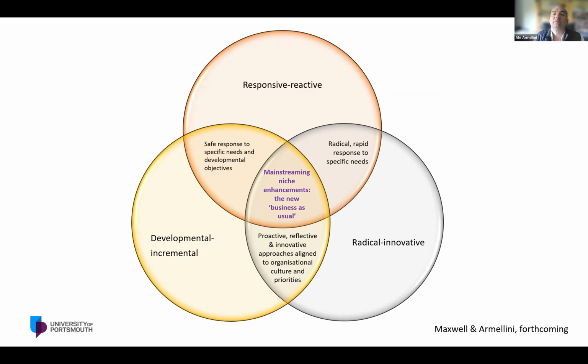We've got to turn those lessons learned for a few into lessons learned for the many. And that's what the new business as usual refers to in this diagram. Where does ABL fit? Well, active blended learning started on the overlap between developmental, incremental, and radical innovative. And as time passed, the process took over 6 years. As time passed, those niche innovations became part of the mainstream, and it therefore moved from the periphery to the